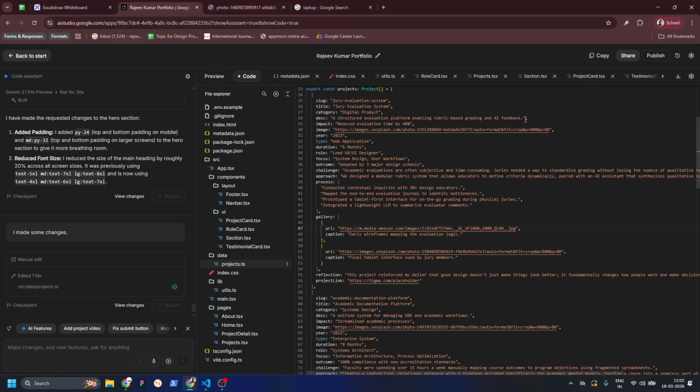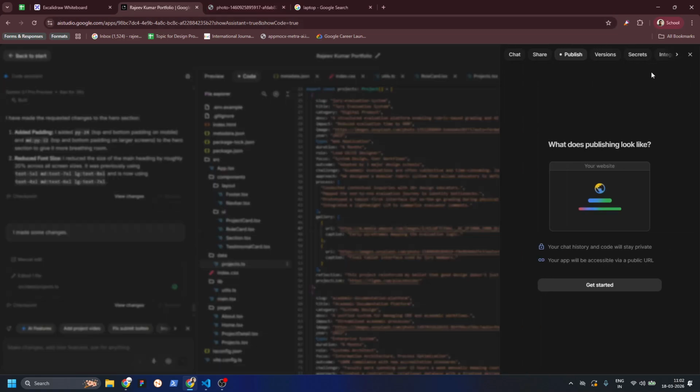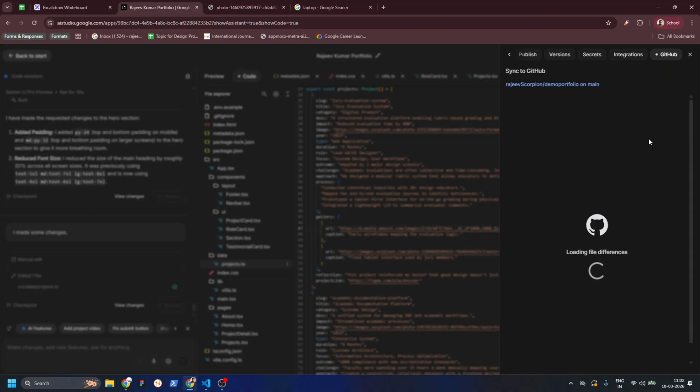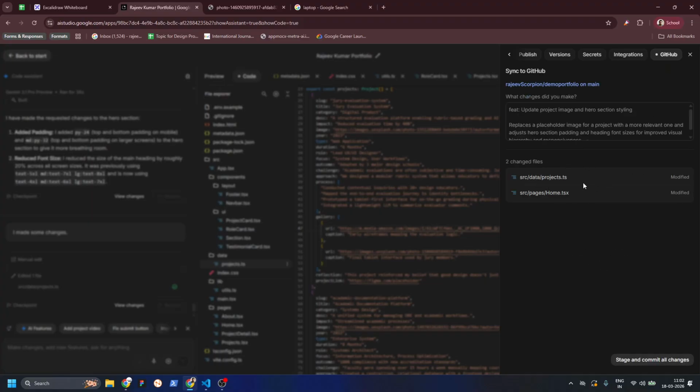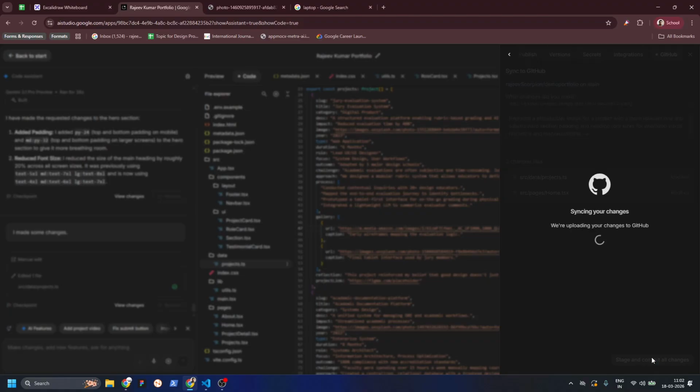Okay? So for doing that, I'll again go to Publish, go to the GitHub tab, and it will recognize the changes automatically and also write the things we have changed. Automatically it is doing it. I'm going to say stage and commit all changes,